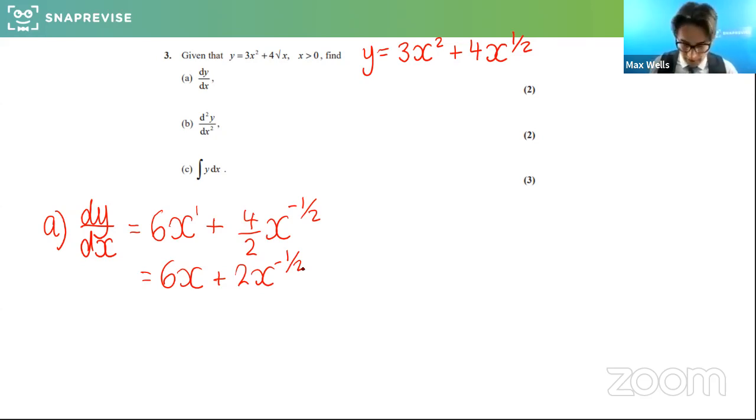So this should be something hopefully we've seen before, just kind of a straightforward derivative. If you're then asked to do the second derivative, all you do is essentially differentiate it again. So this might be quite straightforward for some of you, just a little quick recap. Do look out for it though, particularly the negative and fractional powers. They do typically trip people up sometimes. So here we go.